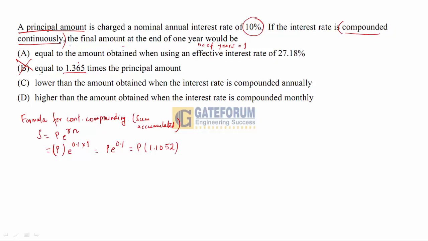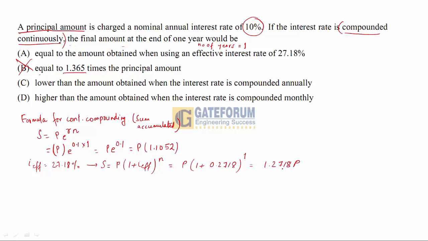Now let's check out what's in option A. It says that it is equal to the amount obtained when using an effective interest rate of 27.18%. So it's given that the effective annual rate is 27.18%. When the effective annual rate is given, the formula for sum accumulated is how much? P into 1 plus i effective raised to the power number of years. P we will keep as P, 1 plus i effective, changing 27.18% to decimal, to the power number of years is 1, so we get